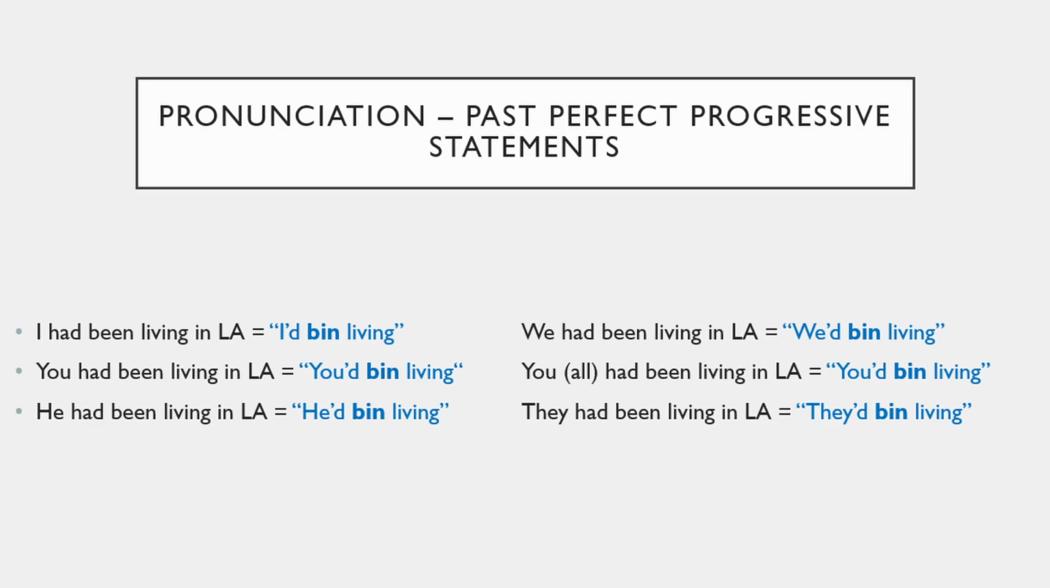You'd been living. Third person, he'd been living. She'd been living. First person plural, we'd been living. Second person plural, you guys, you all, you'd been living. That's exactly the same as the second person singular. And third person plural, they had been living, they'd been living. So again, slight D sound, they'd, and then been, and then the ing form, they'd